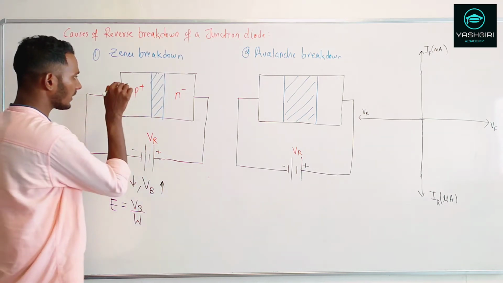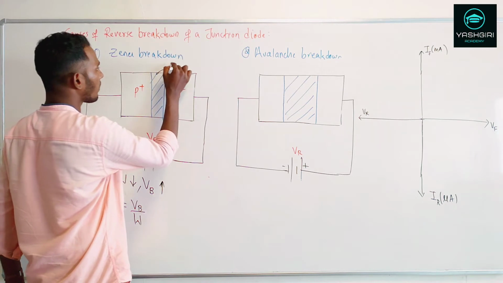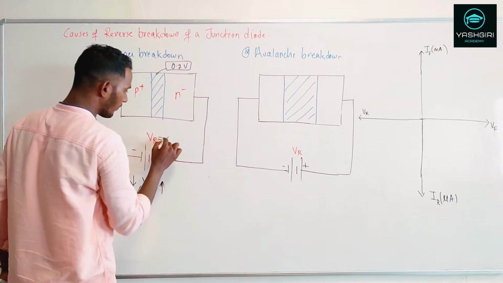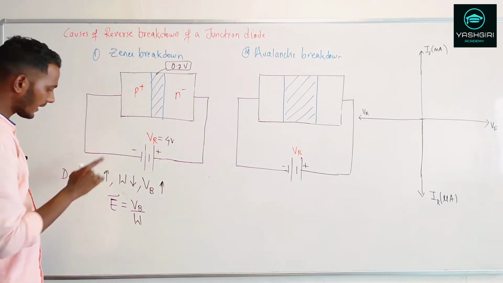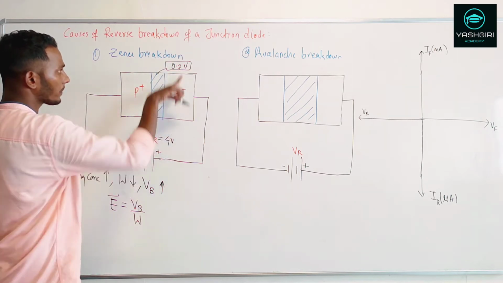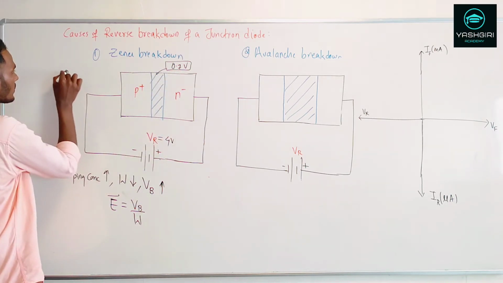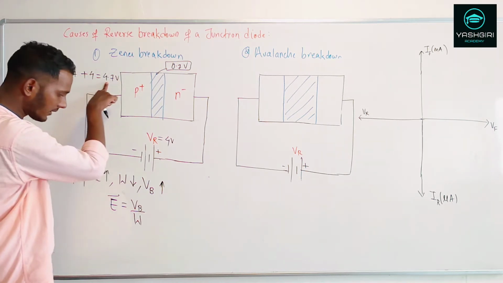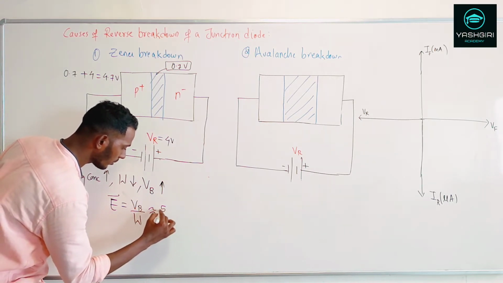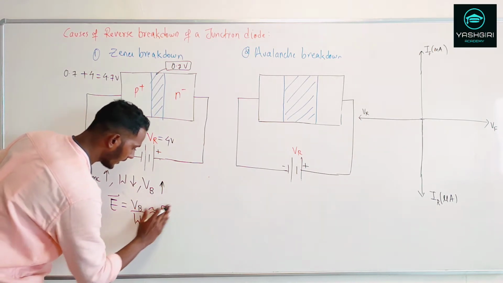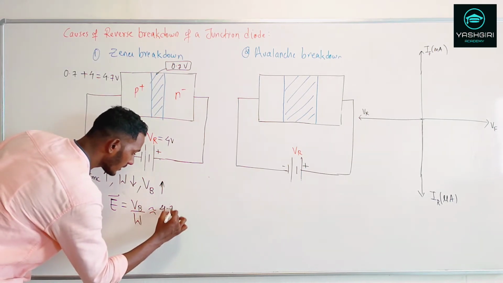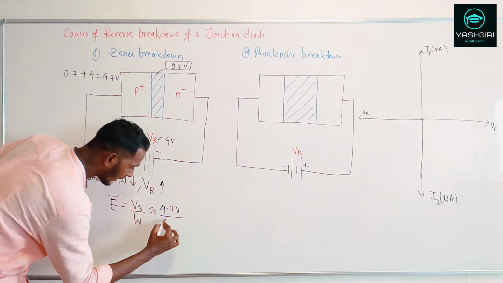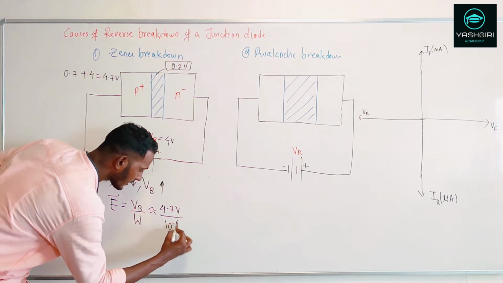Now for example, suppose I consider this as a silicon diode, so here VB is equal to 0.7 volts, whereas if I'm giving some 4 volts for this, in this case my barrier potential will be 4 volts plus 0.7, so that will be 4.7 volts. Or else in approximation, I can say that it will be approximately close to 5 volts, right? Or else let me go with the 4.7. So this is my 4.7 volts divided by the depletion width, which is somewhere around 1 micrometer, so it will be 10 raised to minus 6 meters.